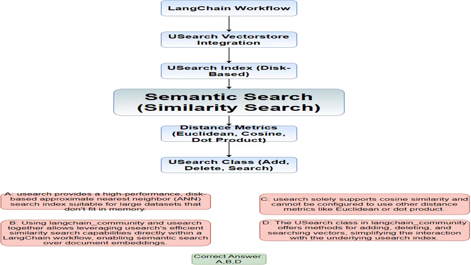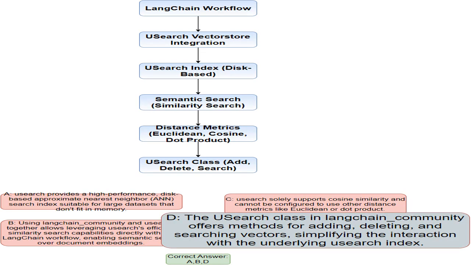Semantic search means finding results based on the meaning of the query and documents, rather than just matching keywords. This is achieved by comparing the vector embeddings of the query and the documents. For example, a search for big cats might return documents about lions and tigers, even if those words aren't explicitly used in the query. Here, option A states that USearch offers a high-performance, disk-based approximate nearest neighbor, ANN, index, ideal